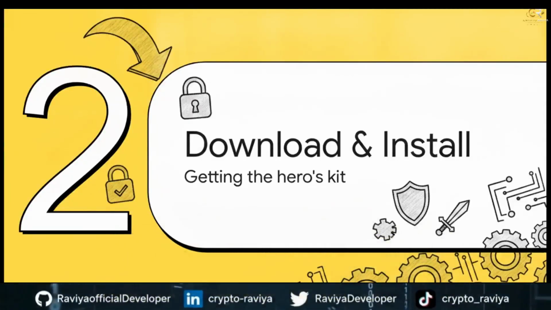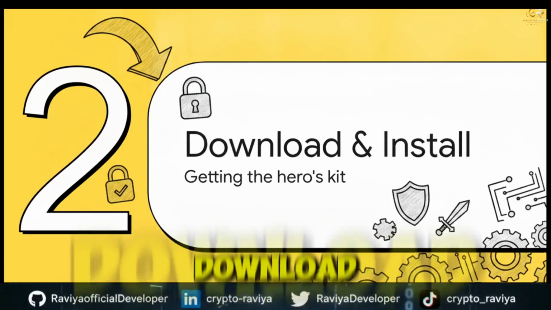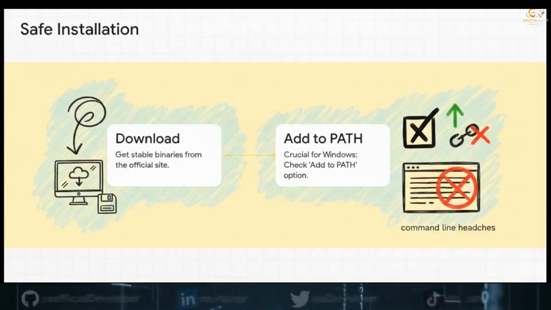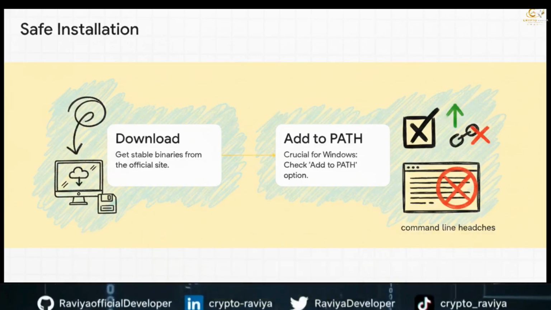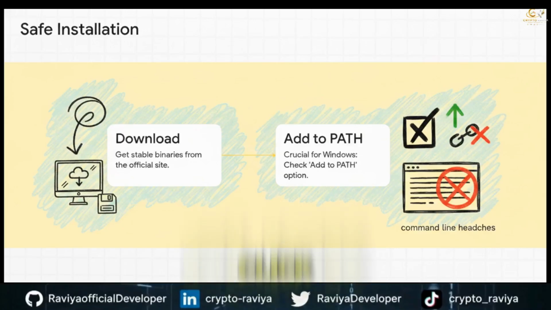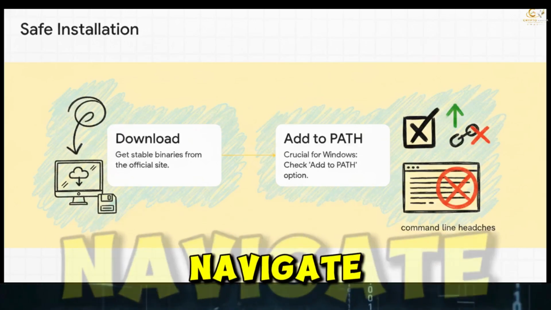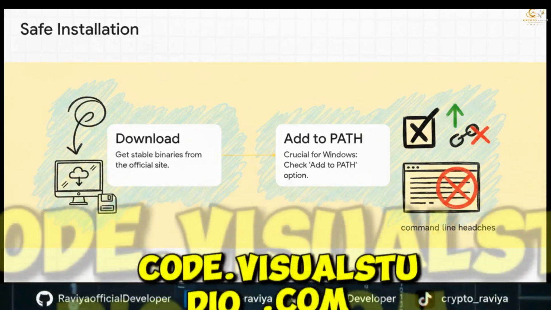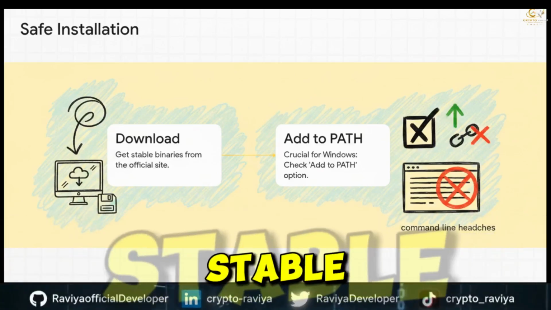All right, moving right along to section 2, safe download and installation. Now it's time to actually get our hands on the hero's toolkit. It's super important that we set this up correctly from the very first click. Step 1 is easy. Just navigate straight to the official source at code.visualstudio.com to grab the stable binaries for your